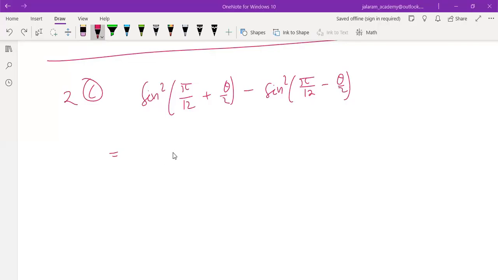So we have learned 8 formulas last time. First is sin A plus B equals sin A cos B plus cos A sin B. Sin A minus B equals sin A cos B minus cos A sin B. Cos A plus B equals cos A cos B minus sin A sin B. Cos A minus B equals cos A cos B plus sin A sin B. So we have stated 4 formulas till now, but no one is giving the hint to solve this question.